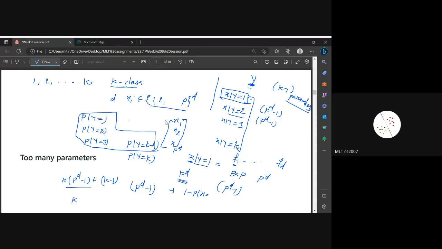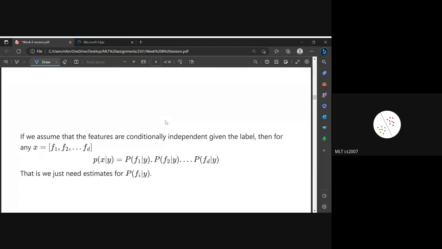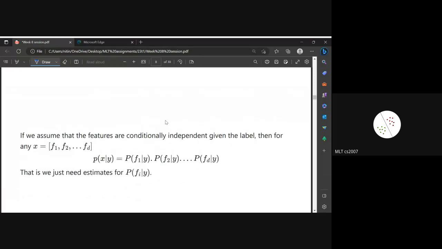So you can simplify this. That is k p raised to power d, the k will cancel out, minus 1, right? So these many parameters you have to estimate. You can see that if d is very high, the number of parameters to estimate is very high, right? Because the number of parameters will be very large,